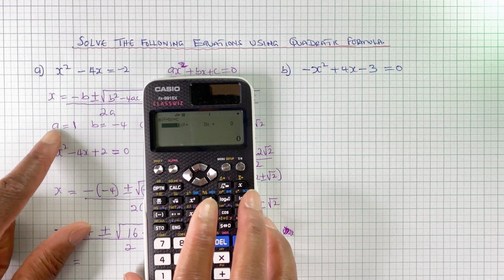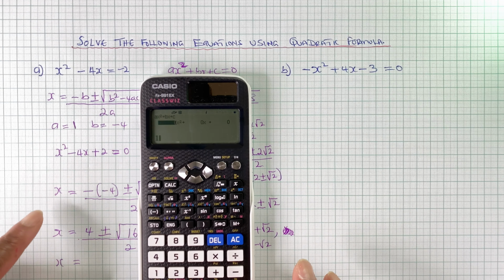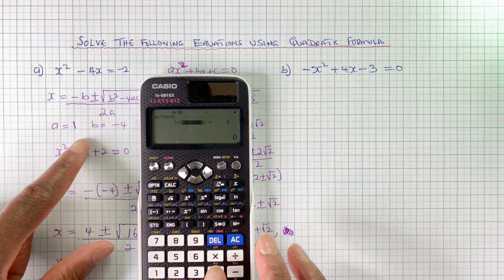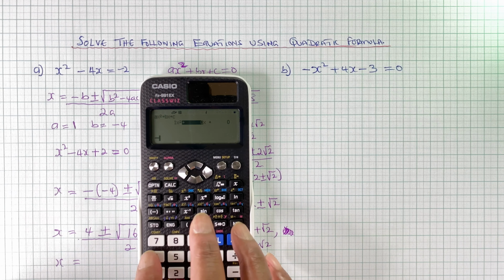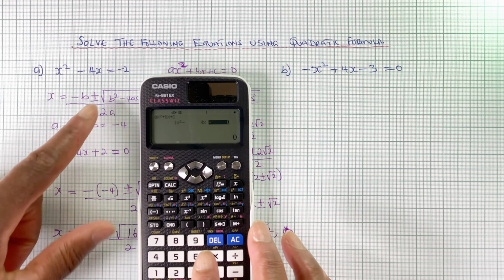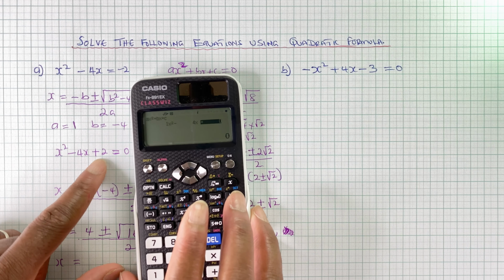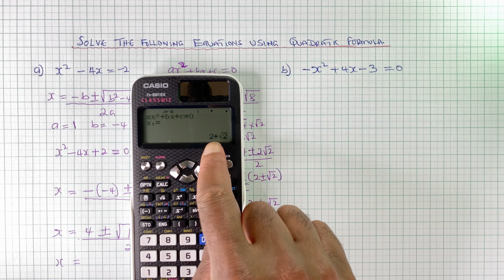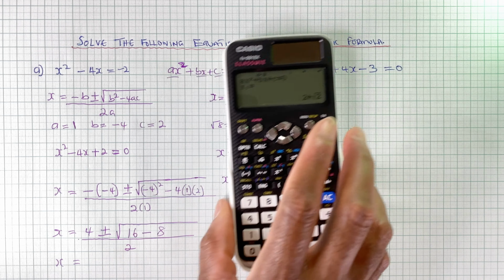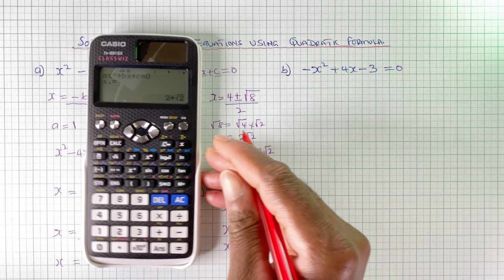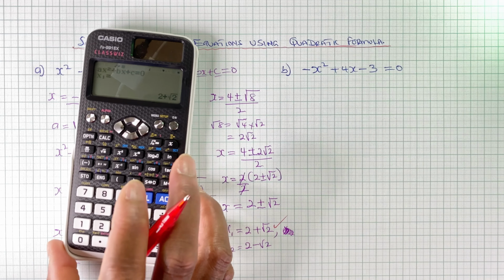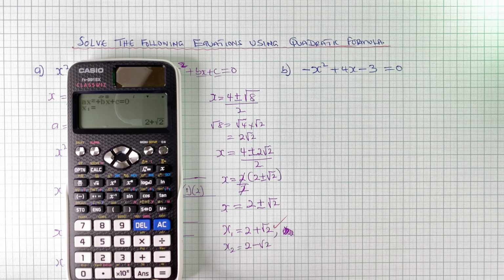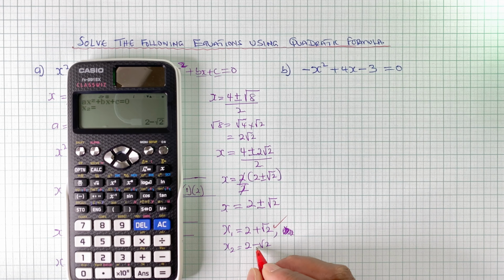The coefficient A is 1, so you press 1 equals, and B is minus 4, so you press minus 4 equals, and C is plus 2, so you press 2 equals, and then you press equals again, and so your answer will be 2 plus root 2. So that's the first thing we got here. So that's correct. 2 plus root 2, and you press equals again, and it gives you 2 minus root 2,